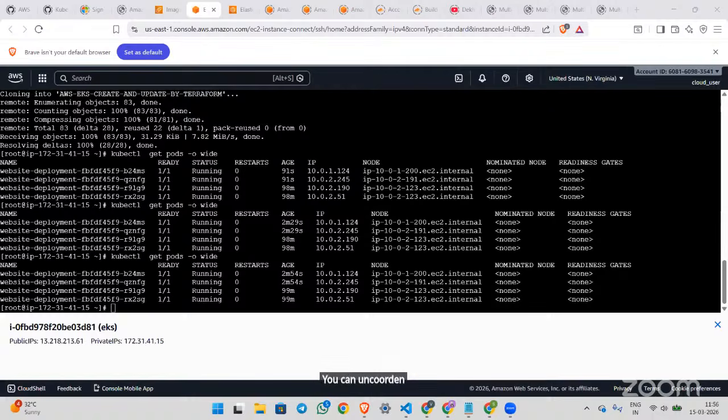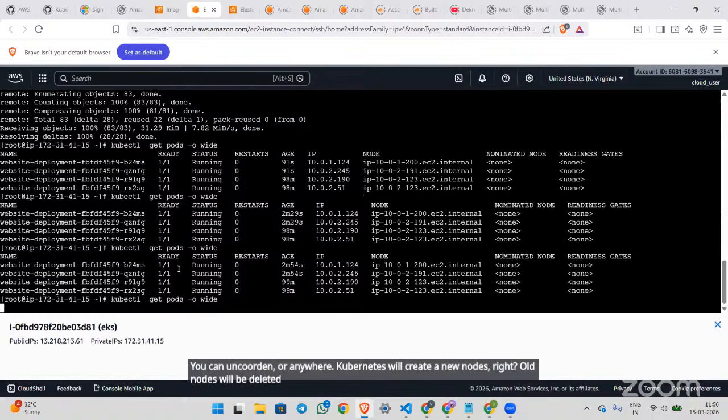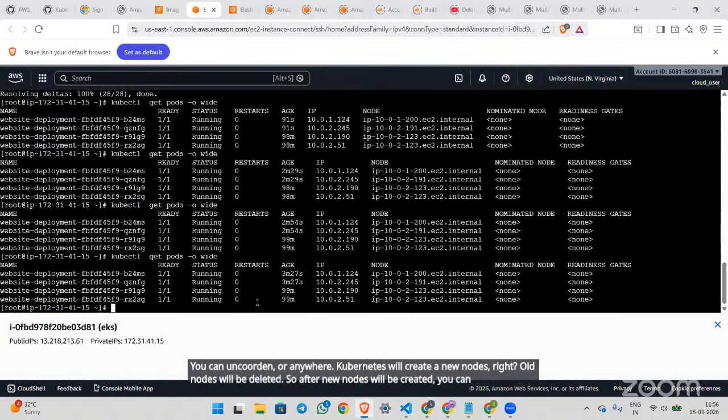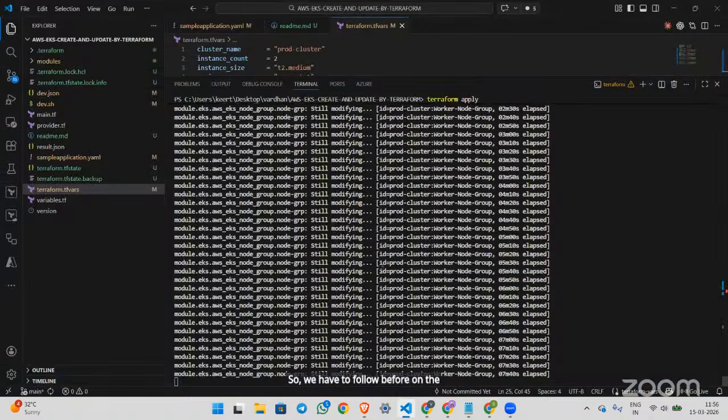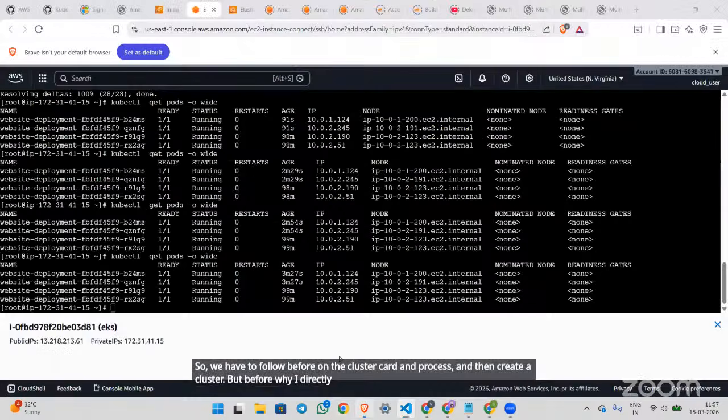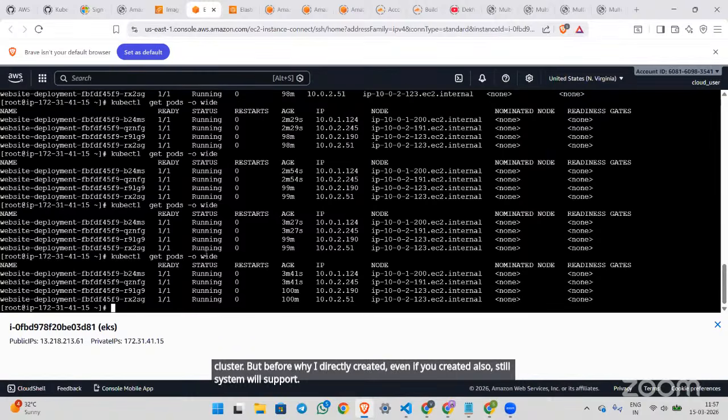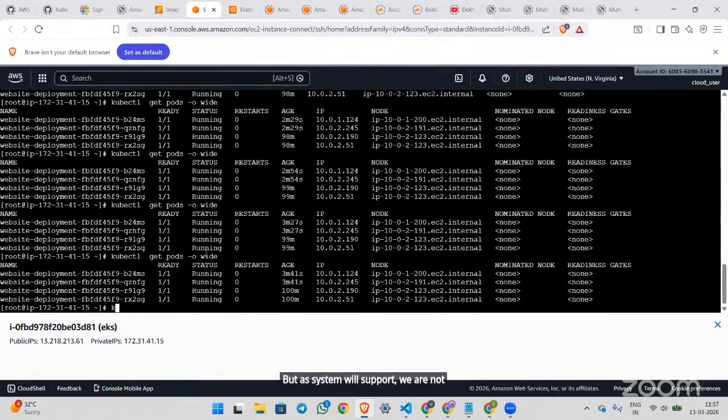Anyway, Kubernetes will create new nodes and old nodes will be deleted. After new nodes are created, you can deploy your deployments. So we have to follow the cordon process on the cluster before the upgrade. Why did I directly create it? Even if you do, the system will still support it, but we are not supposed to follow that process.